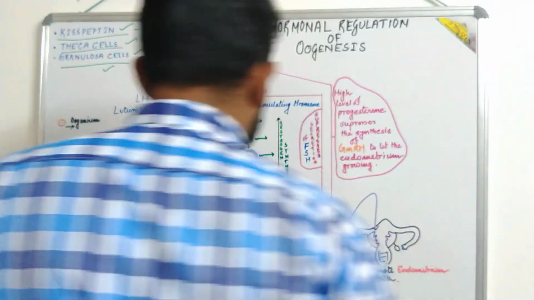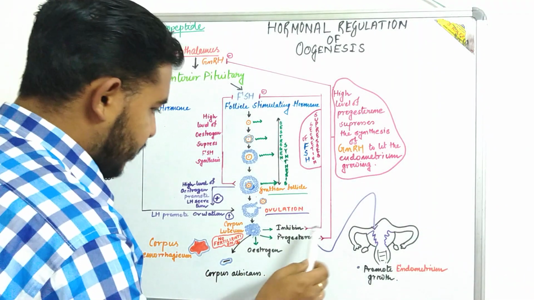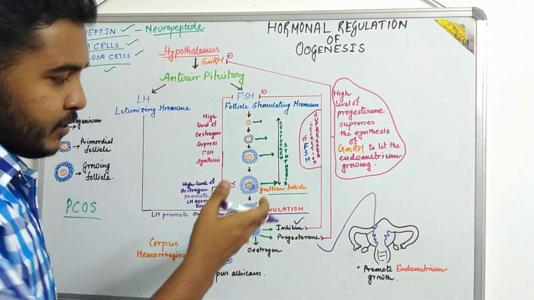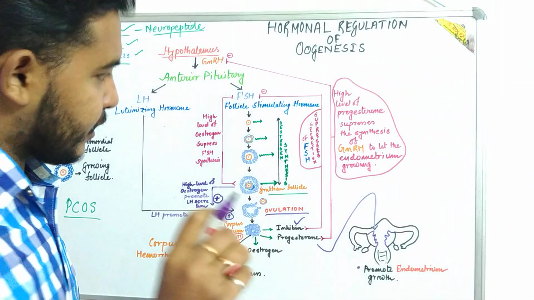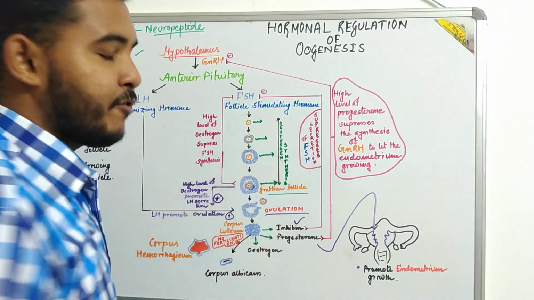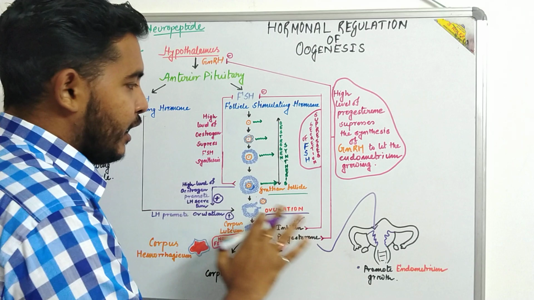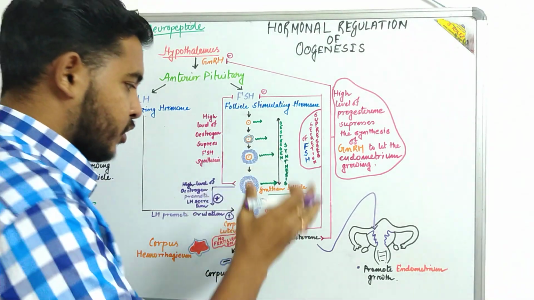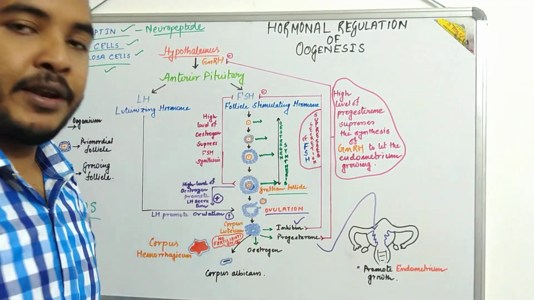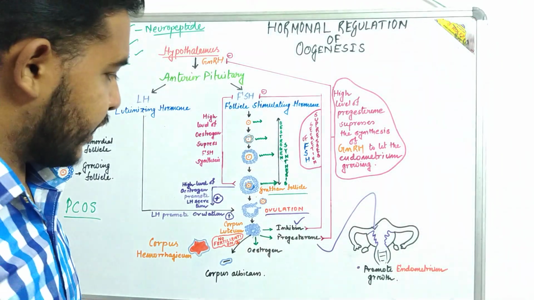So what happens after ovulation? The corpus luteum produces three types of hormone: inhibin, progesterone and estrogen. Inhibin, as the name suggests, inhibits or suppresses something. It gives a negative feedback to FSH. So FSH gets two negative impacts, one from estrogen and one from inhibin. And progesterone gives negative feedback to GnRH to stop the production of GnRH.